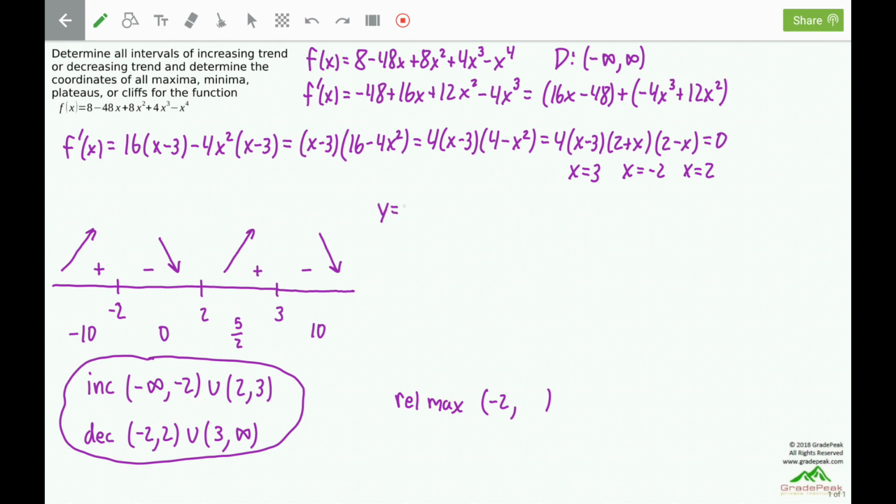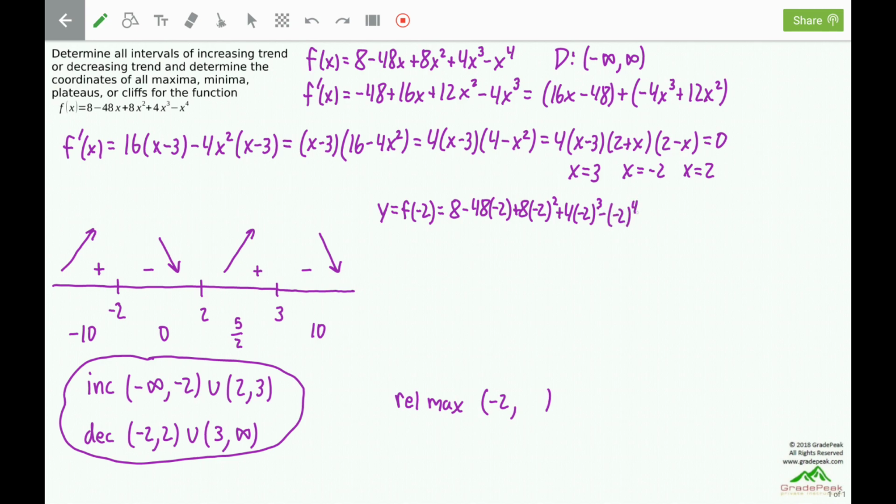So the y-coordinate will be f of negative 2, which will be 8 minus 48 times negative 2, plus 8 times negative 2 squared, plus 4 times negative 2 cubed, minus a negative 2